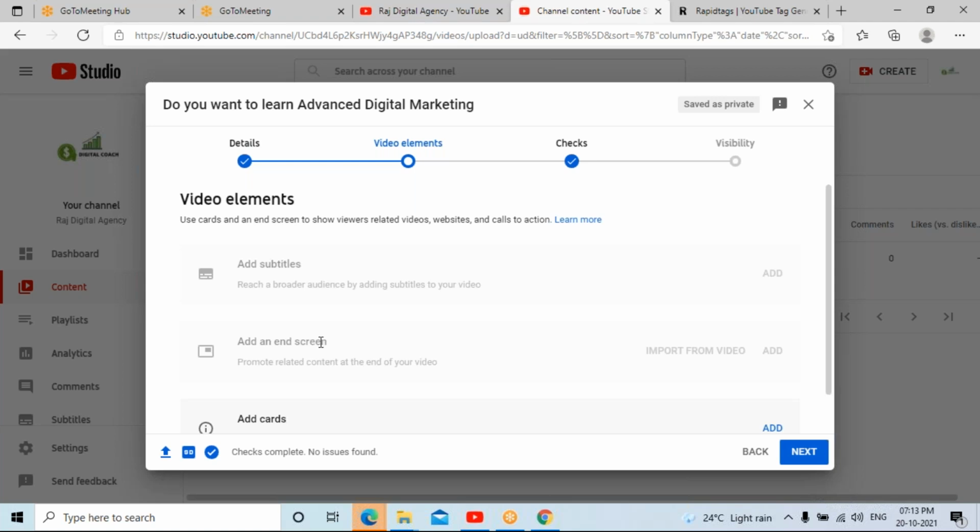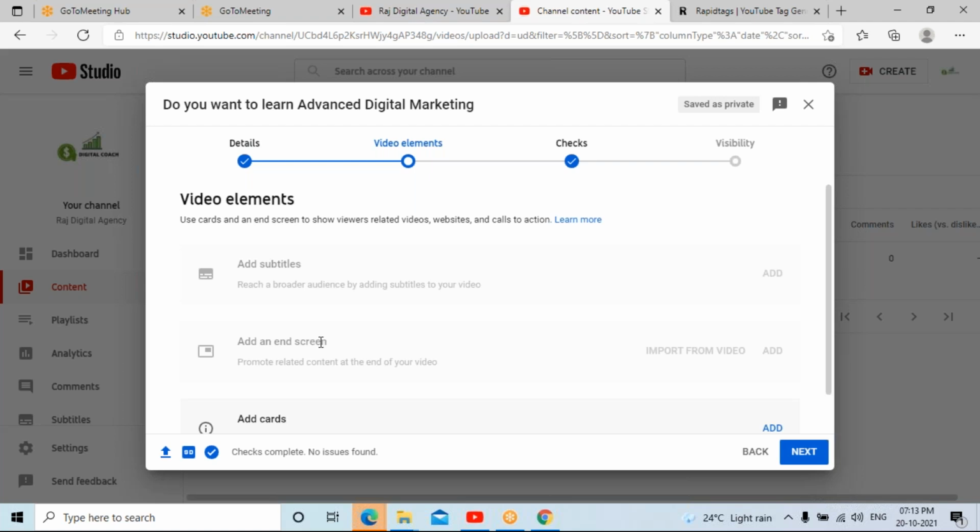So now, why is it not allowing you? The first thing, add subtitle, is not shown because there are no characters involved here and there is no conversation. Add an end screen is not allowed here because the video you have uploaded is lesser than 25 seconds.